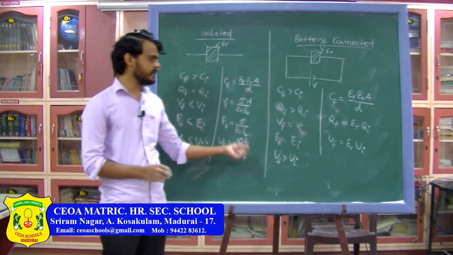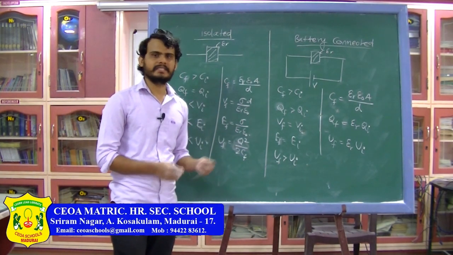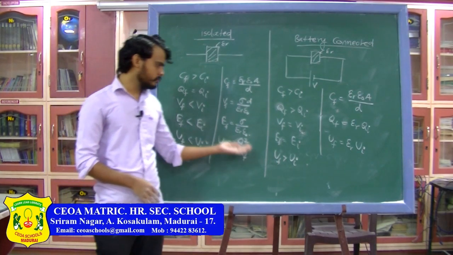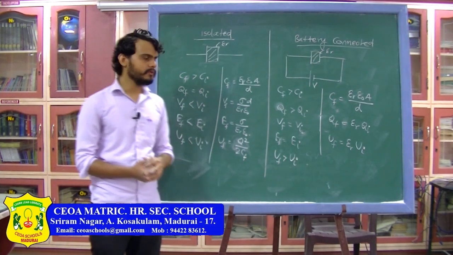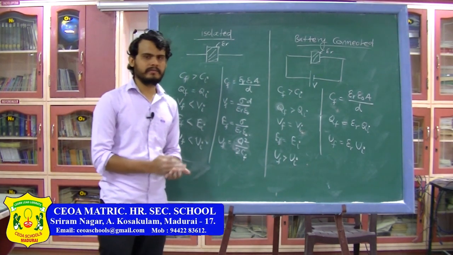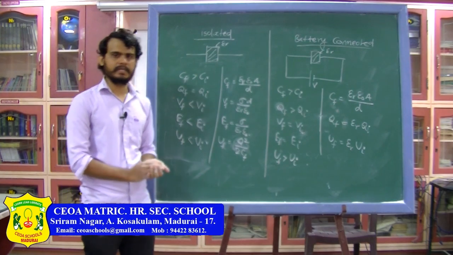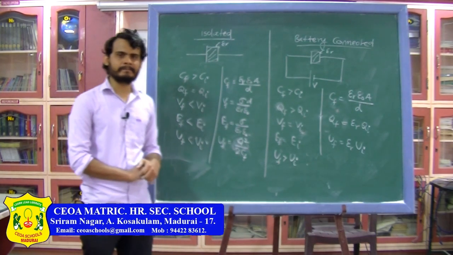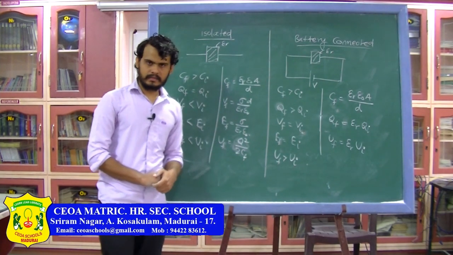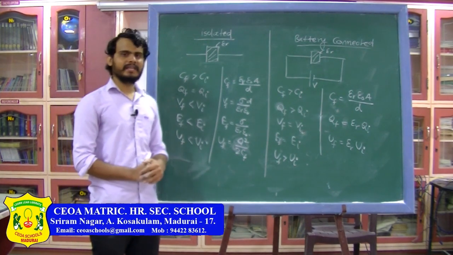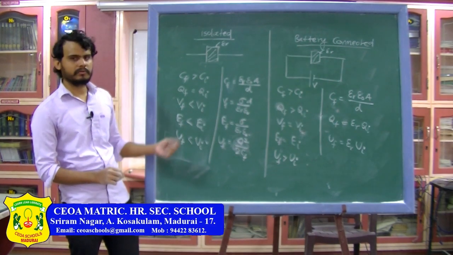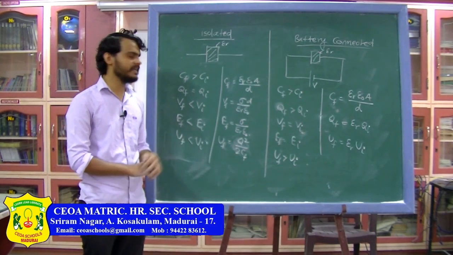But from the next class onwards, where we are going to start the circuit problems involving the capacitor and batteries, there you need to know the formulas from the capacitor also, and you have to know the formulas from current electricity. So my advice to you is you have to revise all the three chapters: electrostatics, current electricity, and the formulas for capacitor. Parallel plate capacitor is the most important topic in capacitors. For spherical capacitor you just need to remember the formulas. So in the next class we are going to talk about the circuit problems which involve capacitor and battery.